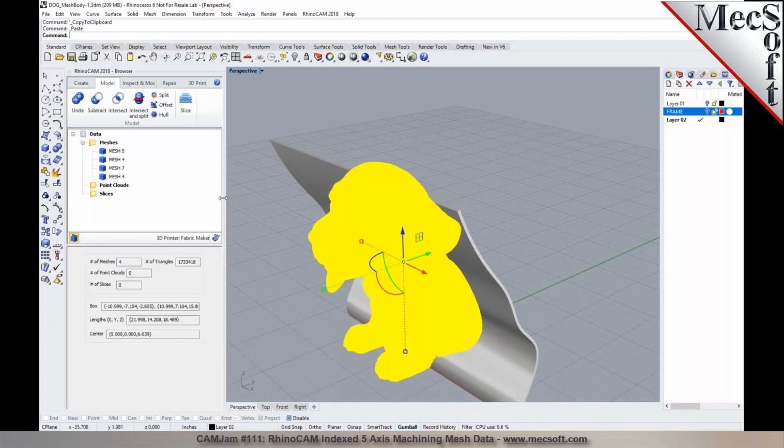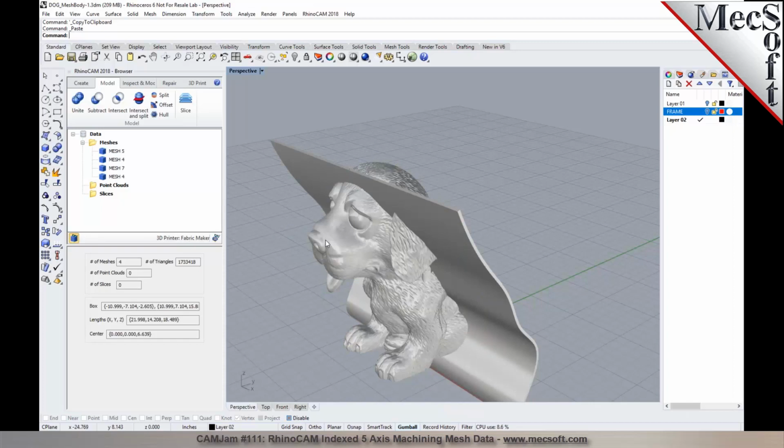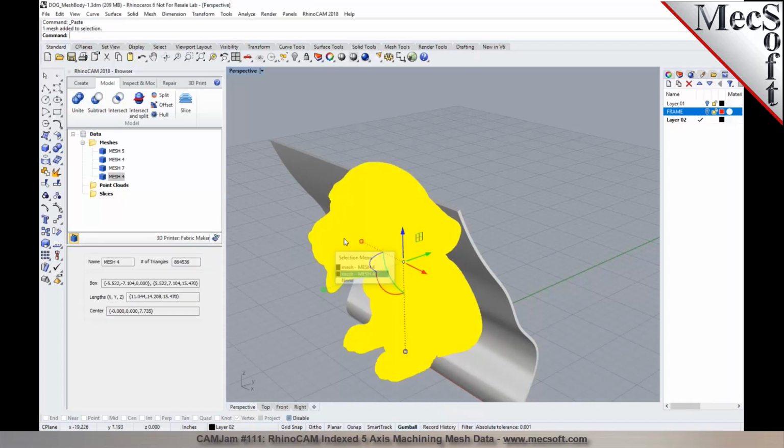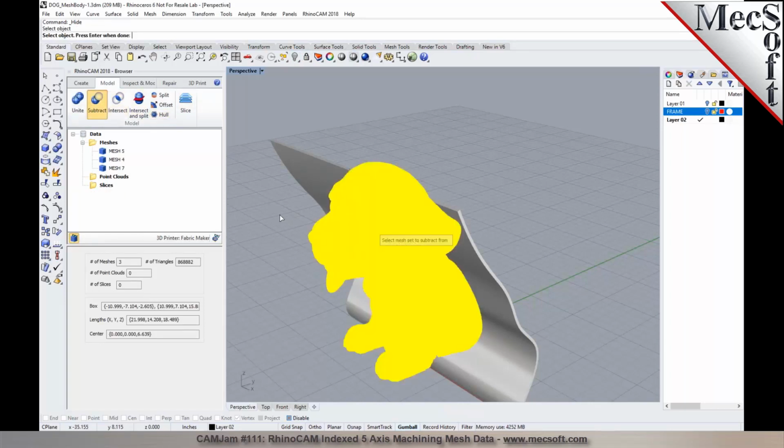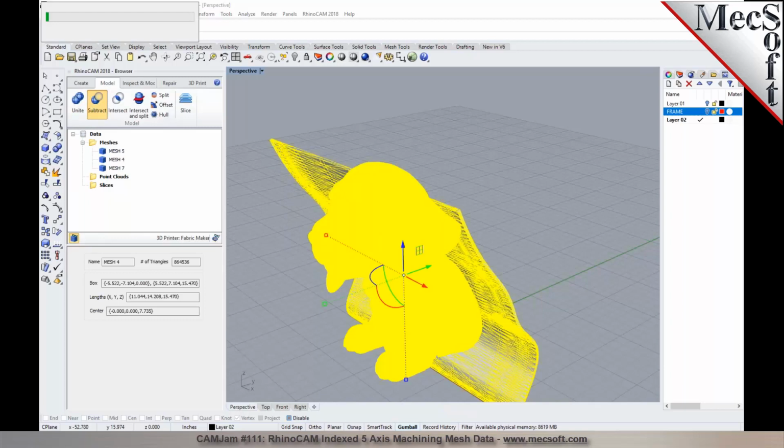And I'll hide one of these models. And let me do a subtract. Select the object, this one right here, with this. So it should eliminate the